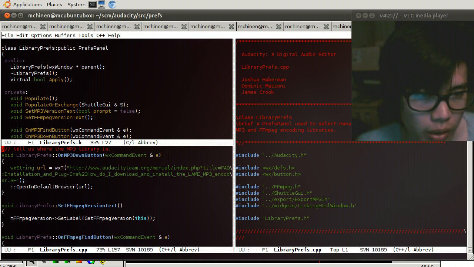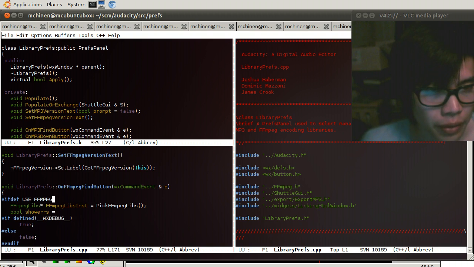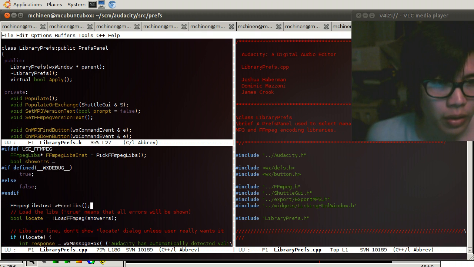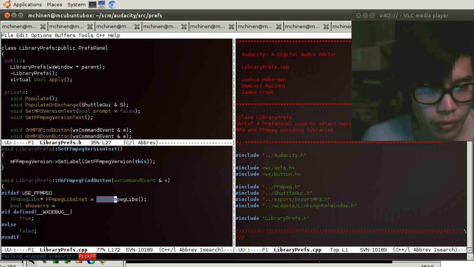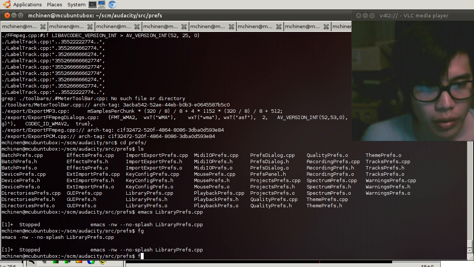So when they click on the button, we want, yeah, on the ffmpeg button, pick ffmpeg's libs. That's what we want. Pick ff, find cpp, pick ff,